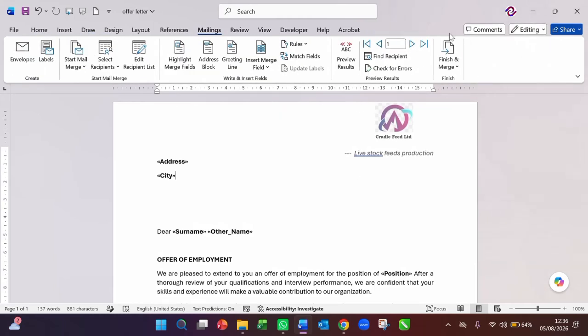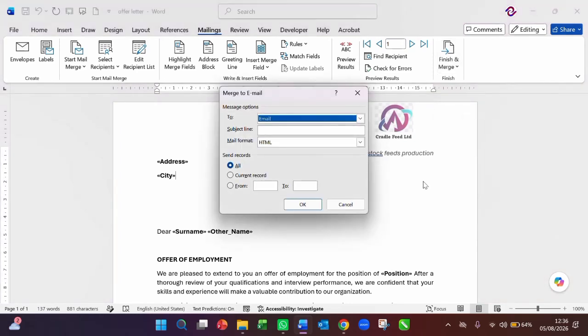Now you see a group here called Finish, and you see Finish and Merge. If I want to send it through email, I'm going to click on this one here. I'll click on Send Email Message. Of course, I already have their email against their name in my Excel file. So here you are seeing Email. I come here, I put my subject, offer letter, then I can send it as either attachment, plain text,